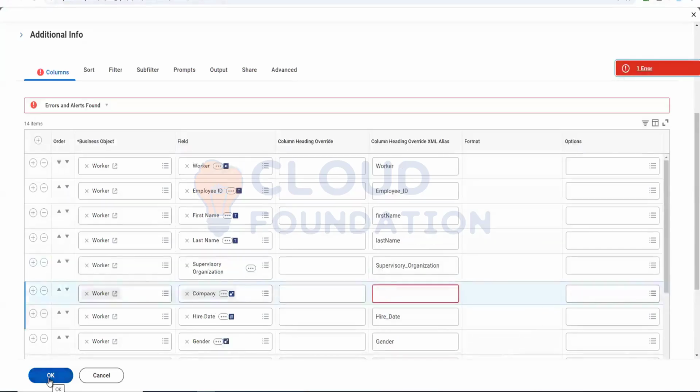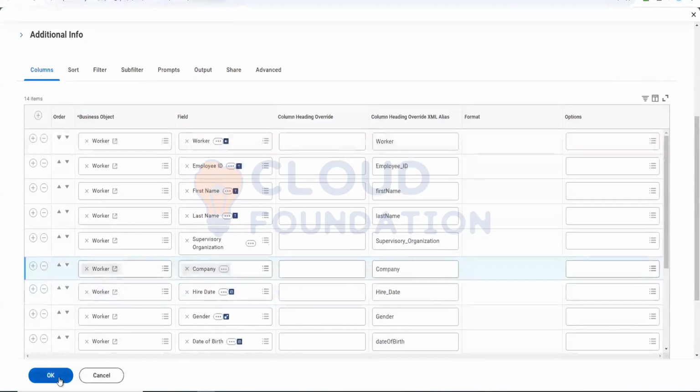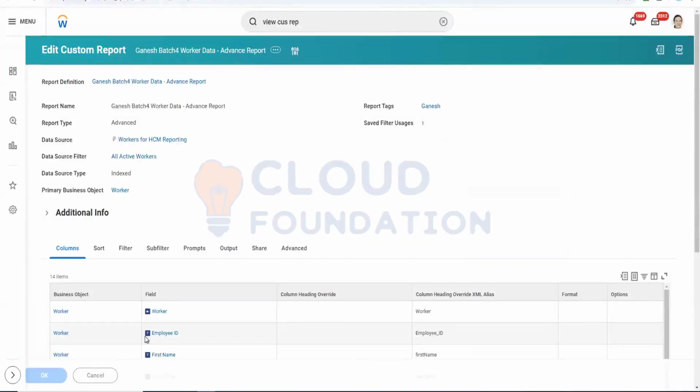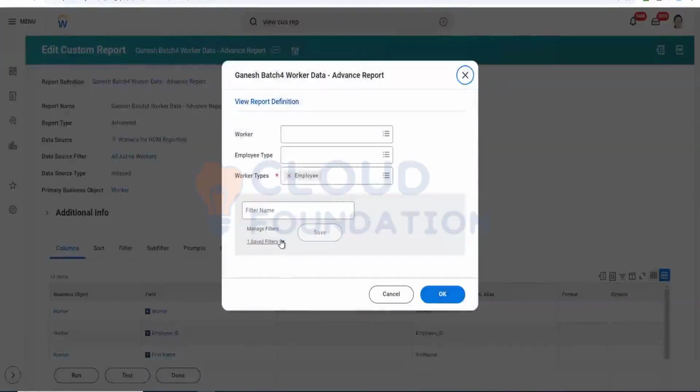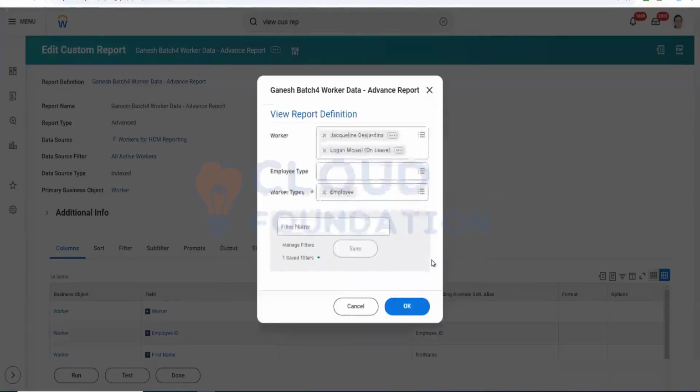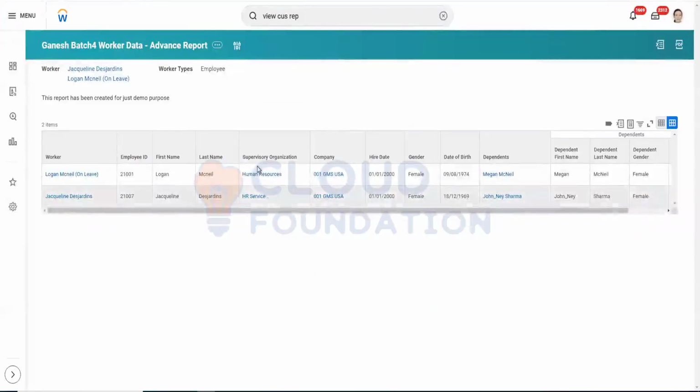Click OK. Yep. So here you can see supervisory organization is an instance and company is also an instance, which we have pulled in the report,